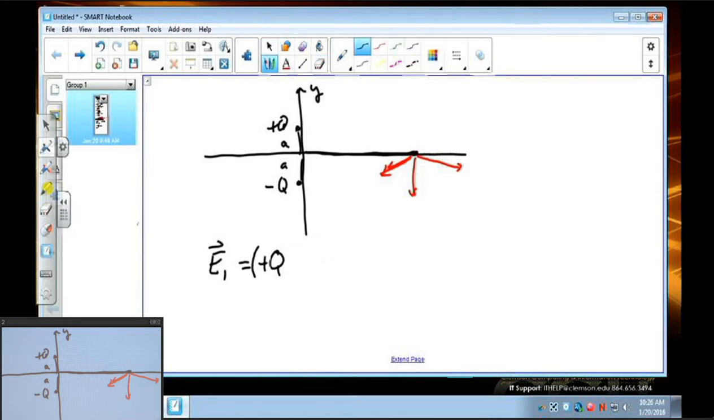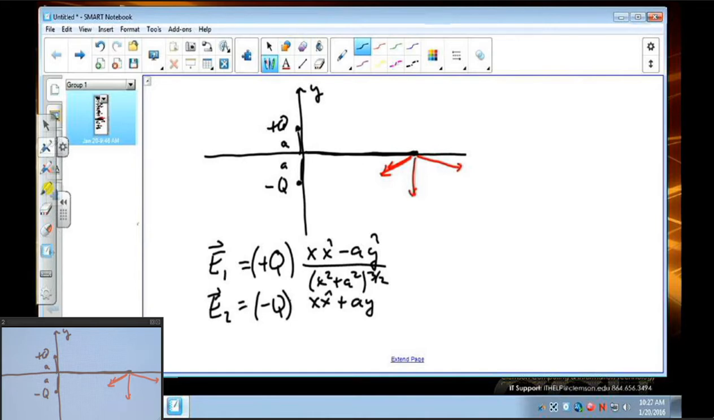The general expression for the electric field. Does everybody see why the A comes in with the negative there? This is the first charge up here, and its location is at A y hat, and you subtract that. And then the second electric field, opposite charge